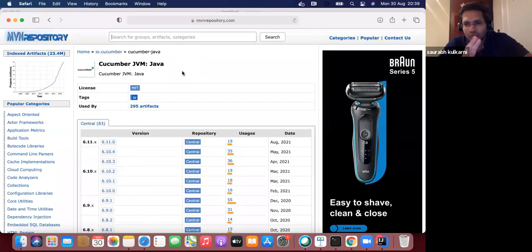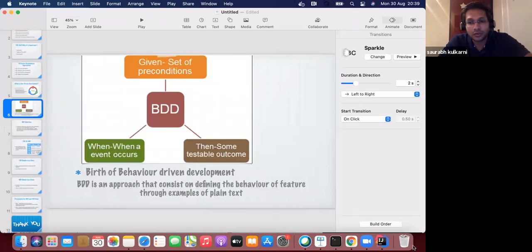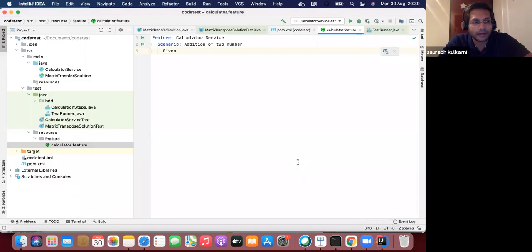So for the addition of the two numbers, what should be the given things here? What should be the preconditions? We should have at least two numbers to add. So given is user is on calculator page, you can say, more relevant.